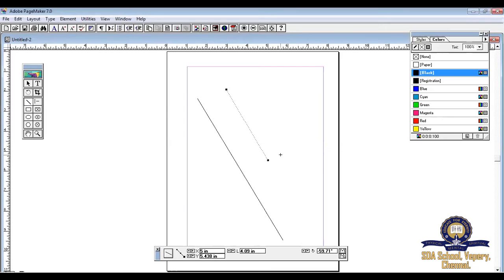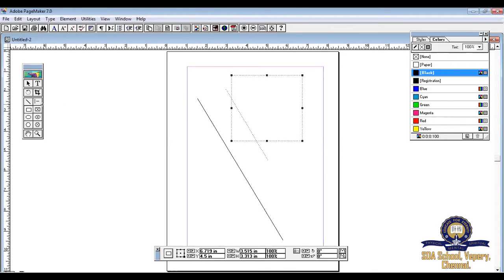Then, how to draw a rounded rectangle. You know how to draw a rectangle, it's very, very simple. Right? Now, select the rectangle tool, draw on your screen.